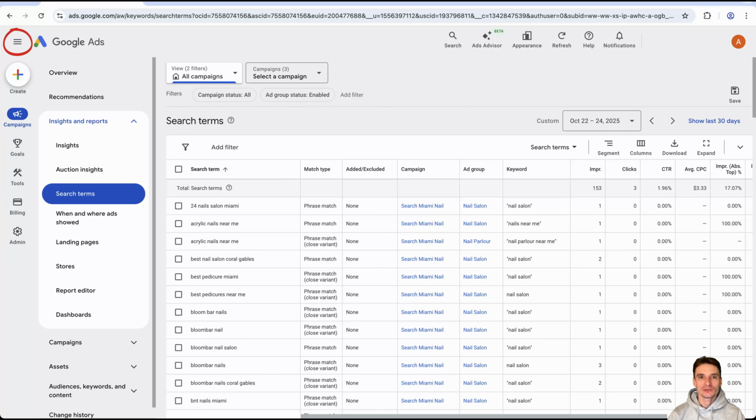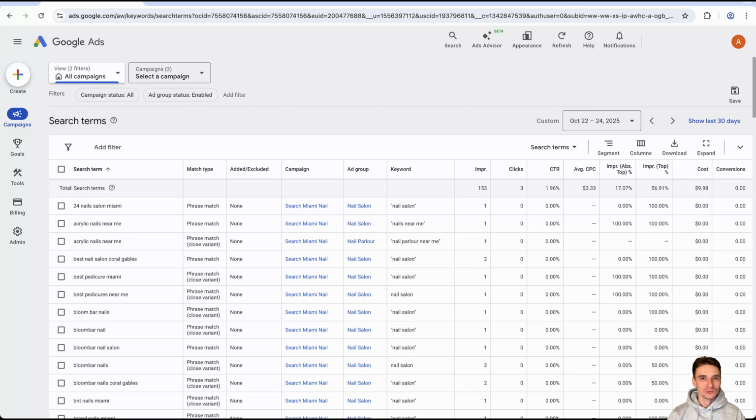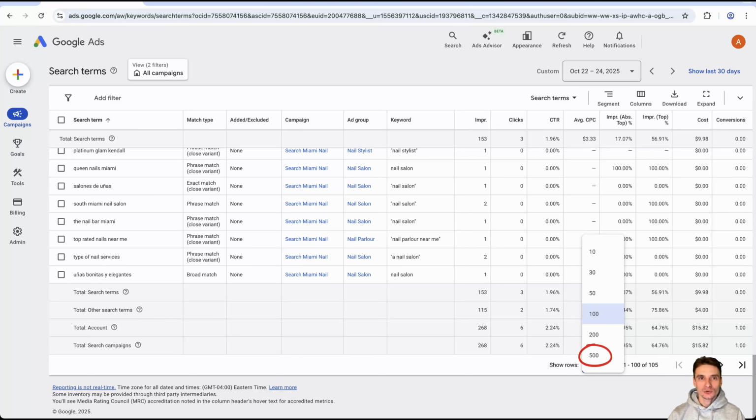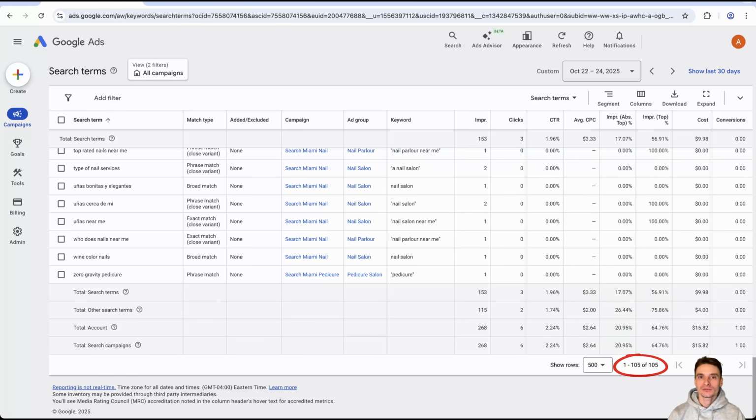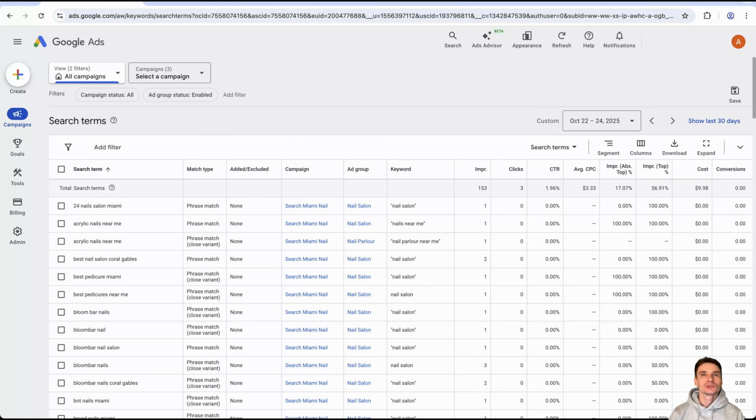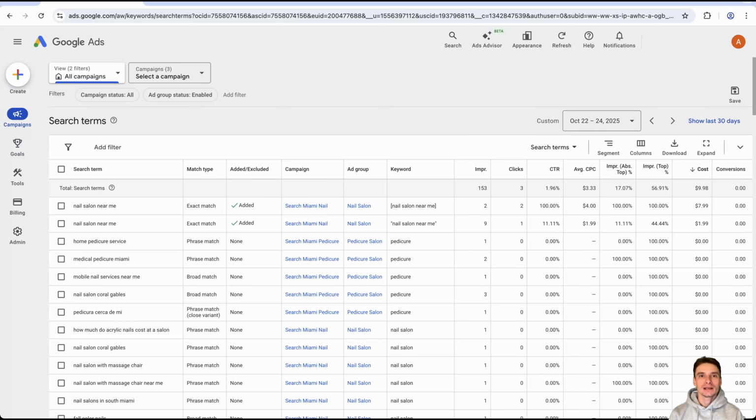Now I'll hide the left menu. I'll scroll down to the bottom and choose to show 500 rows, so that all my 105 rows show up on one page. I'll go back to the top and sort the data by cost. When I analyze real ad accounts, I always sort by cost, so that the stuff we spend the most money on is at the top. That's what requires my immediate attention. I need to see right away if we spent a lot on some junk, so I can negative it out